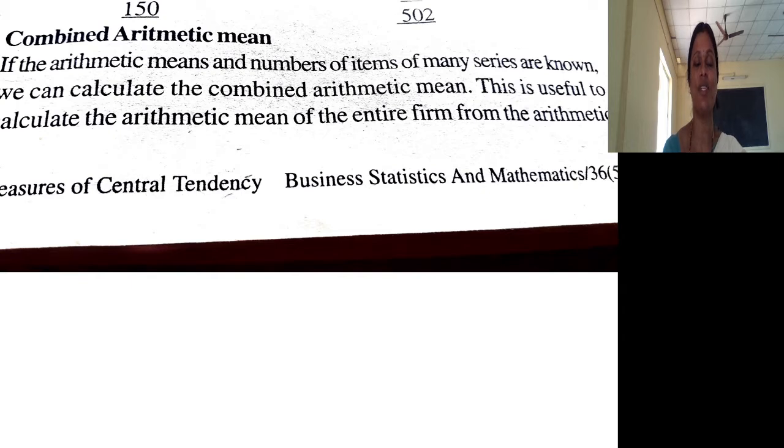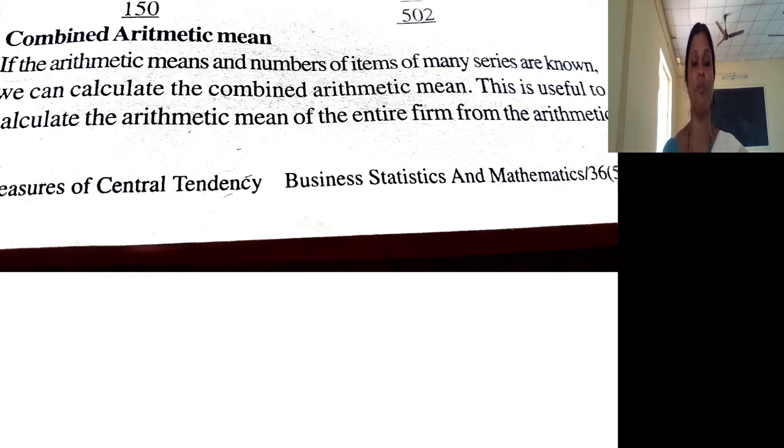In the last two sessions, we discussed in detail how to calculate arithmetic mean for individual series, discrete series and continuous series. Again in continuous series, we discussed with illustration how to arrive at arithmetic mean if data is given as less than series, more than series and open end class interval. In this session, we are going to discuss combined arithmetic mean. Let me see what is combined arithmetic mean.